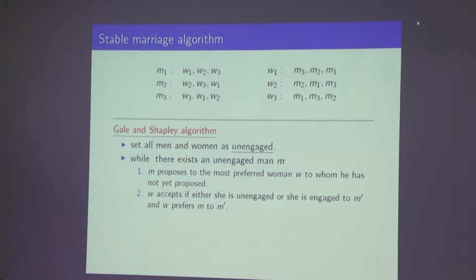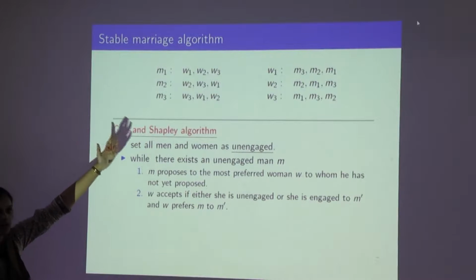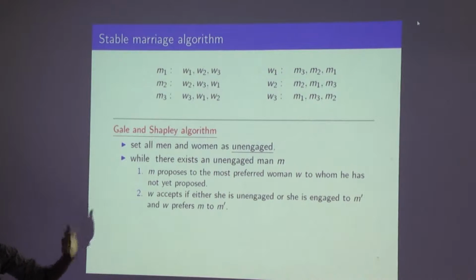Okay, but why can't it happen that people keep on looping? So remember that you make proposals, some woman rejects you, you again become unengaged. It is not that the set of engaged men keeps on increasing. You start with all men being unengaged and all women being unengaged, but a man can multiply become unengaged, but he will go on further. He will never propose to the same woman again.